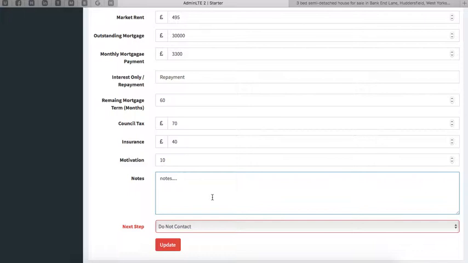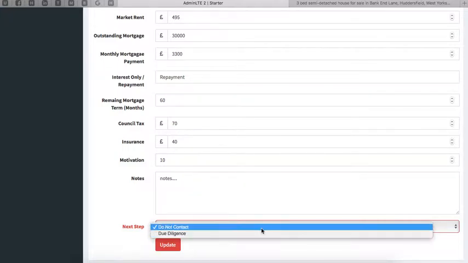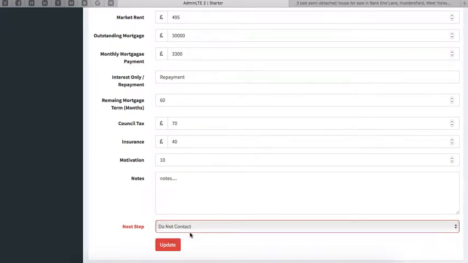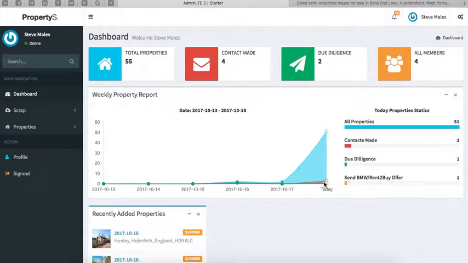and then you decide at that point whether you'd move it forward to due diligence or leave it as do not contact. So presumably we would move on to due diligence at this point, or you might find out from having this conversation that they decide against it, and then you can leave it as do not contact. You change to due diligence and then click update, and now you get the due diligence tab that appears at the top there. This is all updating in the statistics as well,